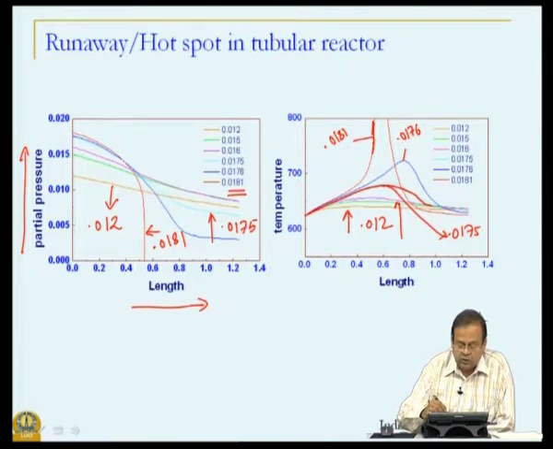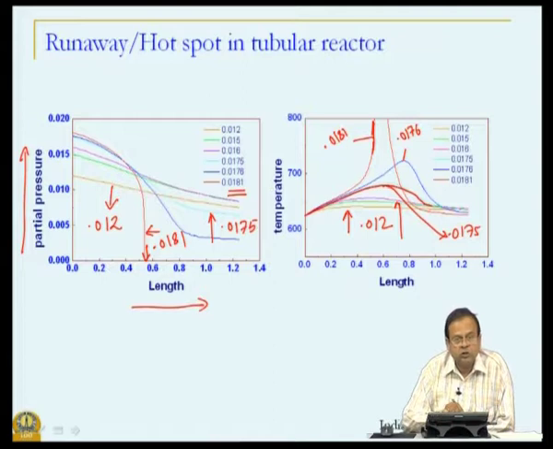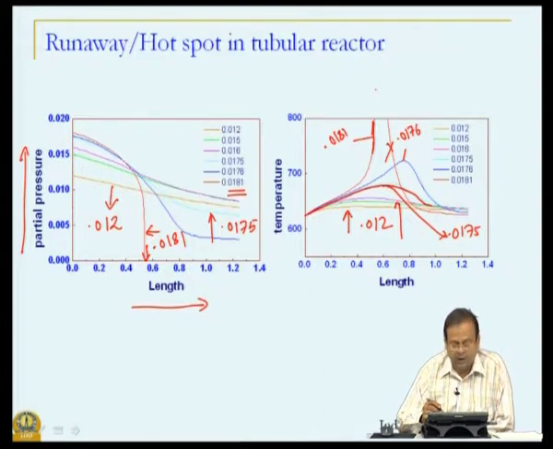Now, what happens when the temperatures go very high? Reaction rates go very high. So, we have a rapid decrease in the partial pressure, or the reactant is consumed, and once the reactant is consumed, the heat generation term has disappeared because the reaction has come to a halt, and therefore, temperatures rapidly go down also. But we are not so much interested in this part of the curve, because we do not know what will happen if temperatures go out significantly high.